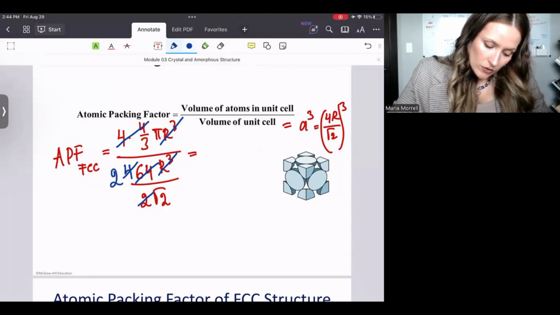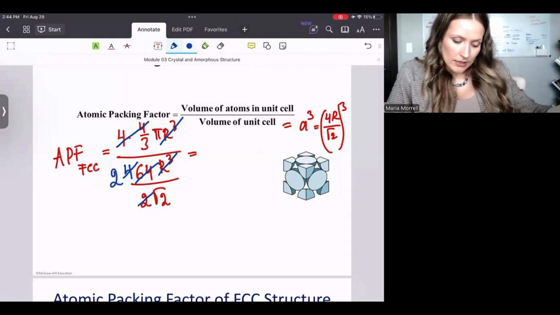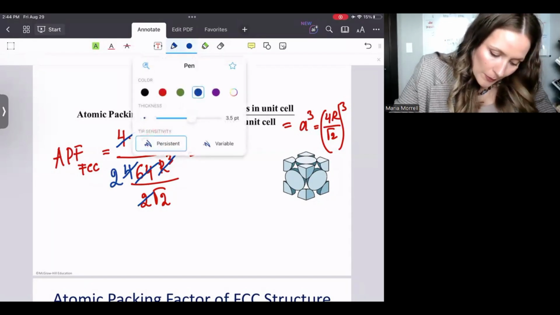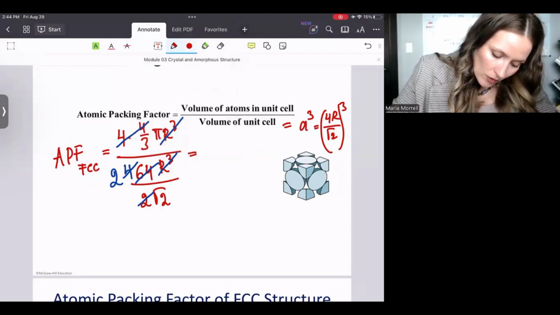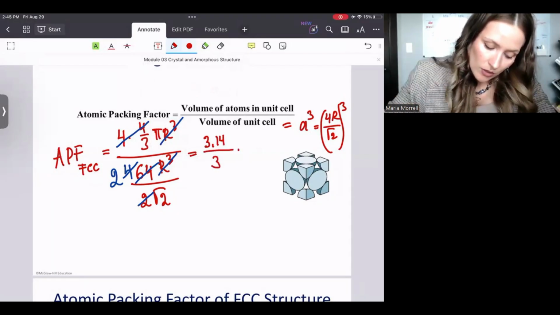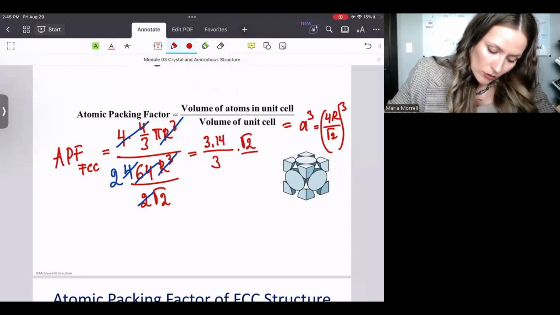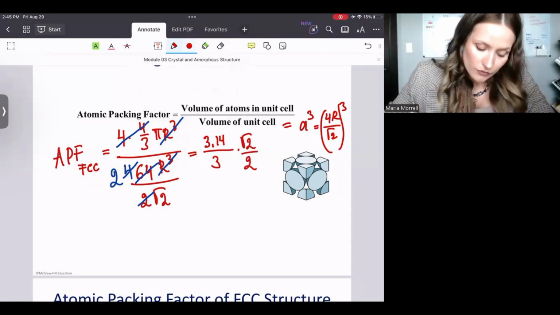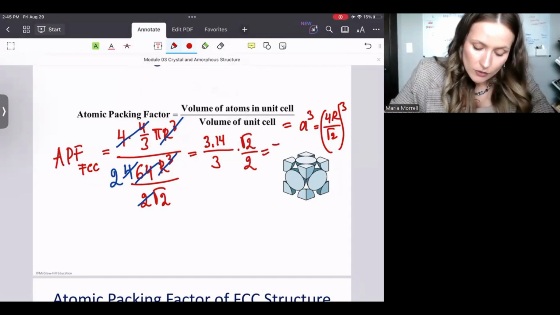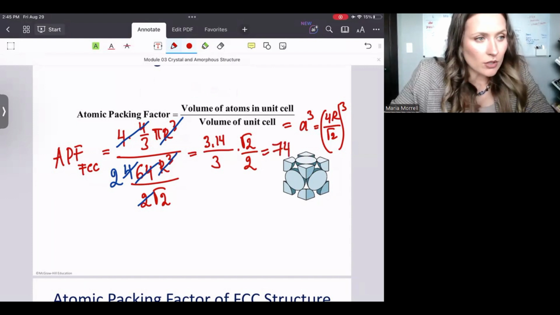That's going to leave me with 2. Okay, let's hope that I did not mess it up. Now, what is left is pi, which is 3.14, divided by 3 times, and keep in mind I'm going to flip it, the square root of 2 divided by 2. Yeah, that looks good. And if you are to estimate the number, you will find out that the answer is